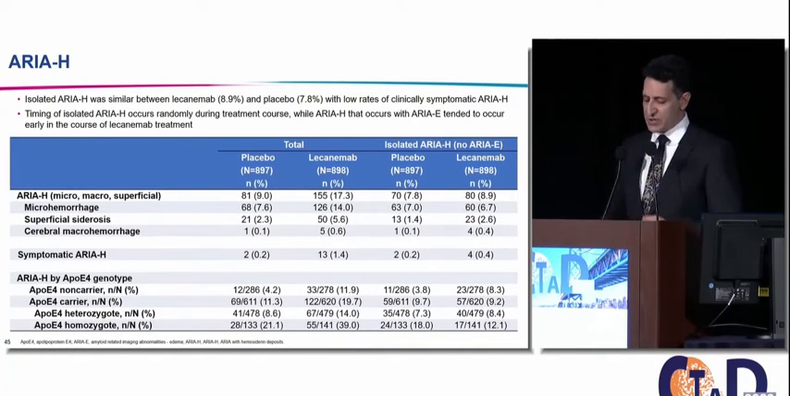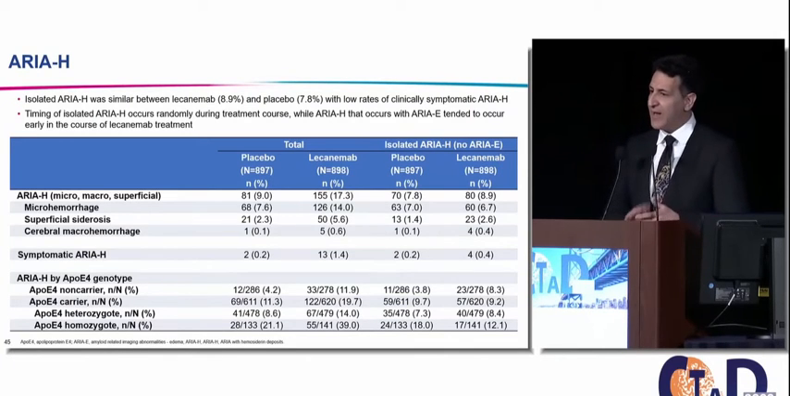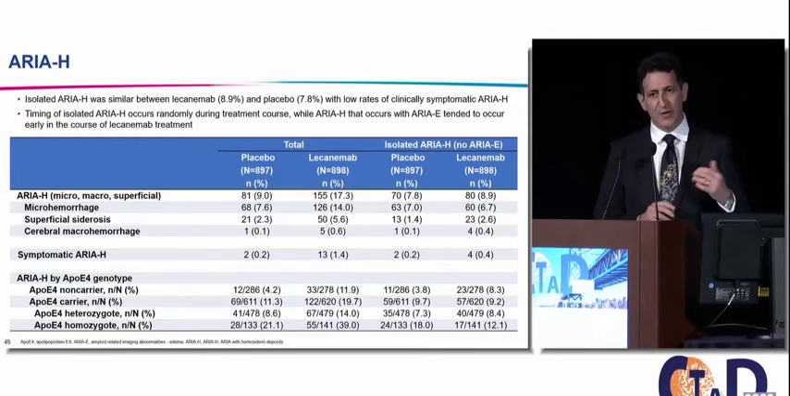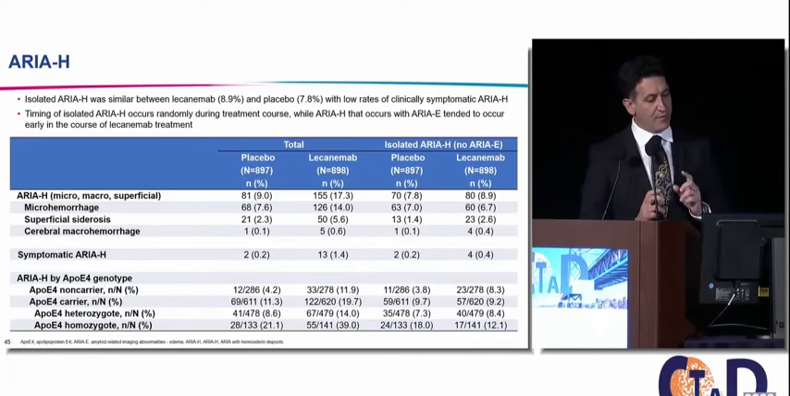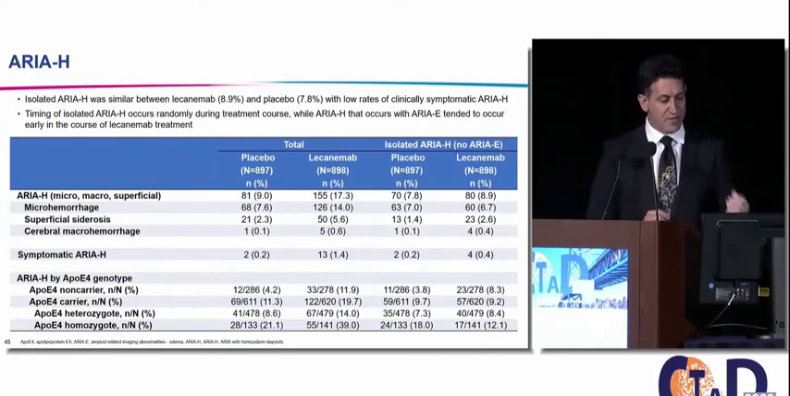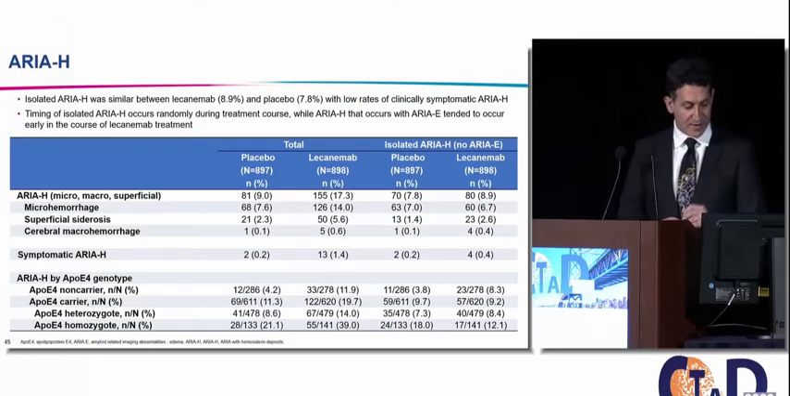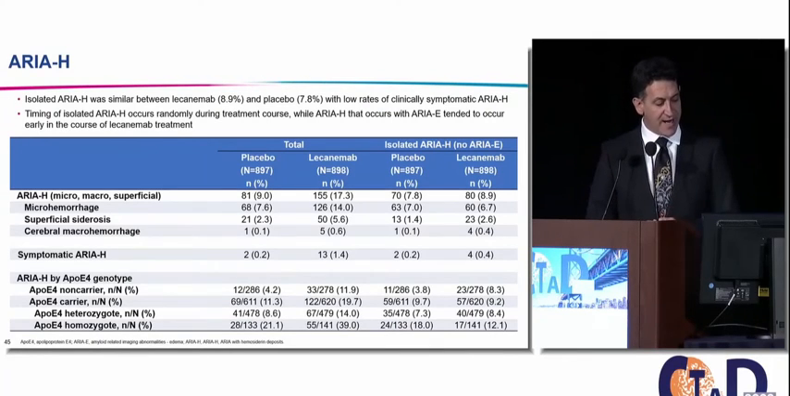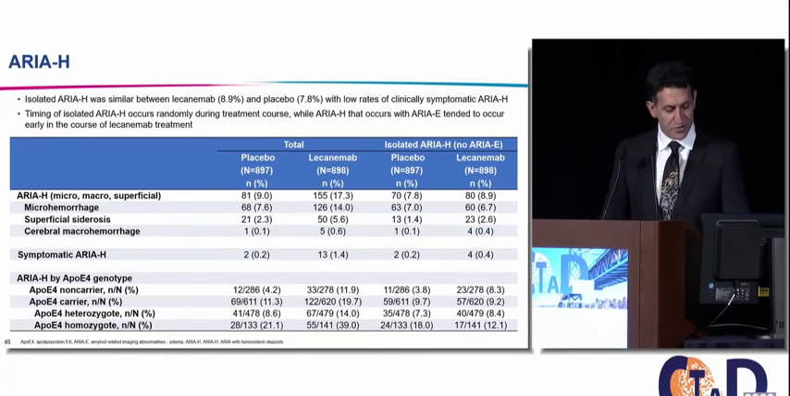Microhemorrhages, or ARIA-H, is a little different. As I said before, if you did not have an ARIA-E event, the microhemorrhage rate, or ARIA-H, was essentially unchanged from placebo. And when it did occur, 17% versus 9% in the placebo group, most of them were clinically asymptomatic. As you see, symptomatic ARIA-H was only 1.4% of the samples in the lecanemab group versus 0.2% in the placebo group. So again, very minimally